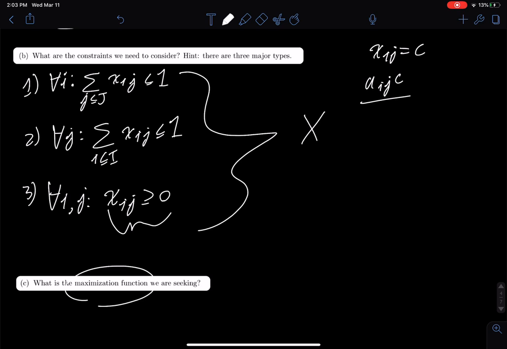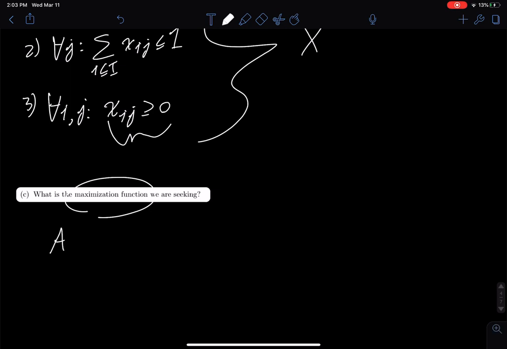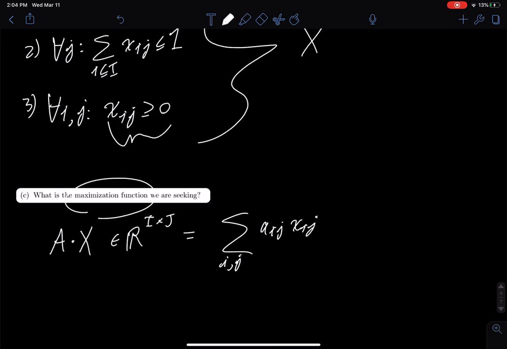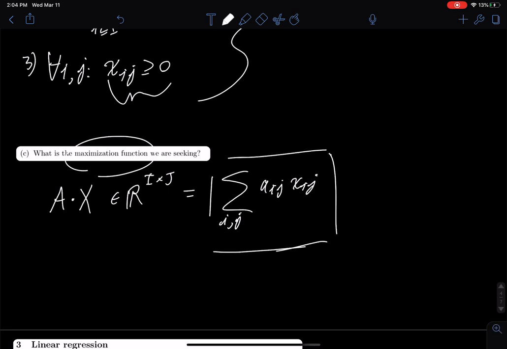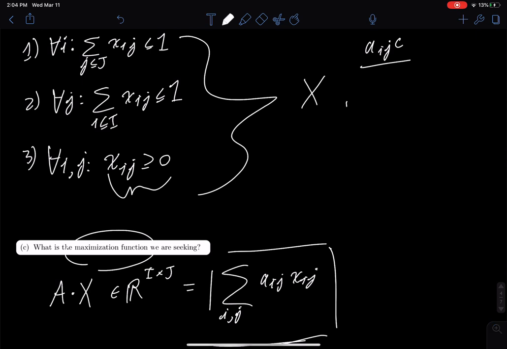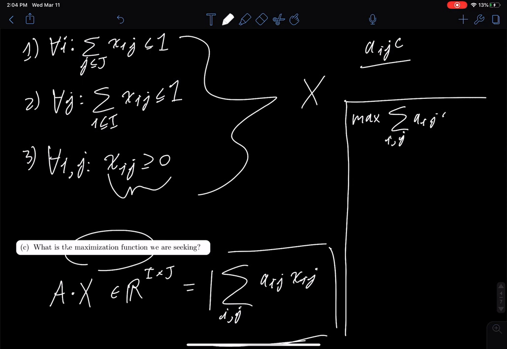How do we turn this into a maximization function? Well, we can consider both A and X to be vectors because we note that they both have the exact same dimension. They're both an element of R^(m×n). And we can just take the component-wise product, or the dot product, of these 2 matrices interpreted as vectors, which is really just the sum over all ij of a sub ij, x sub ij. And this is actually going to be our objective function. So we now have enough information to write out our linear program for this problem in its entirety. What we're going to try and do is maximize the sum over all ij of a sub ij, x sub ij,